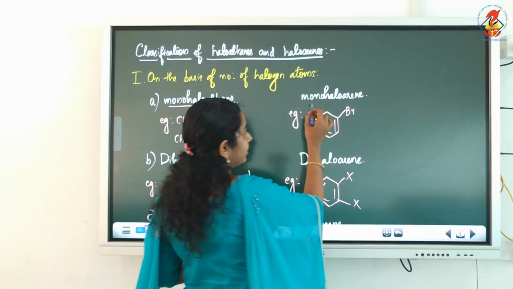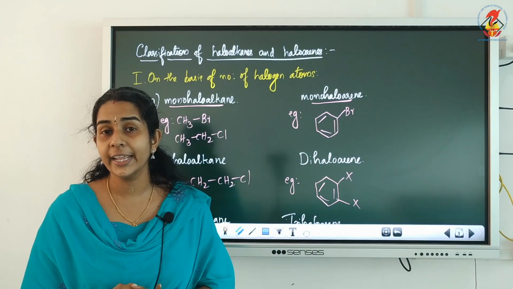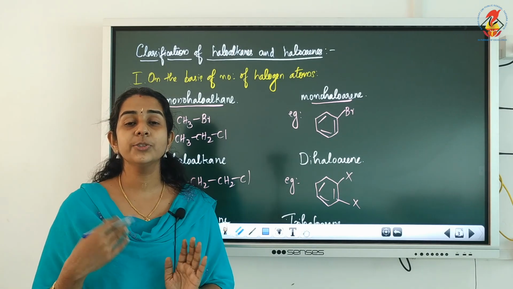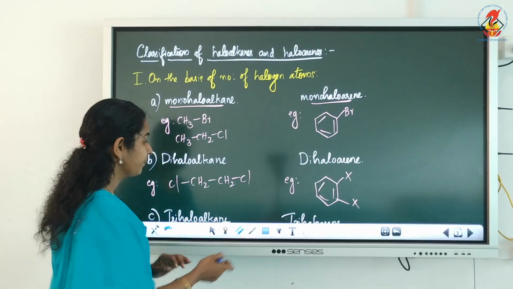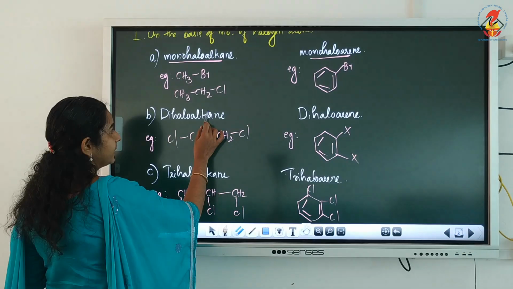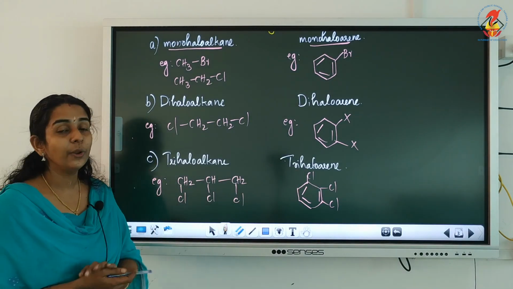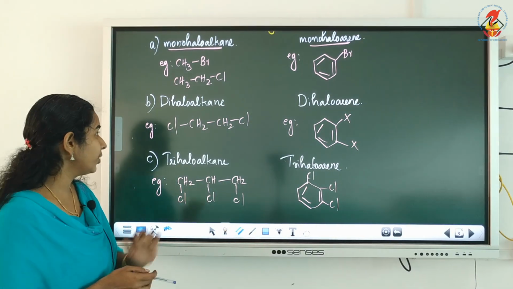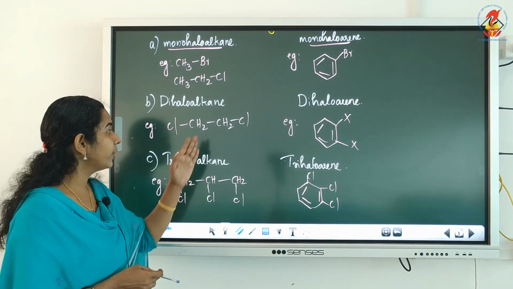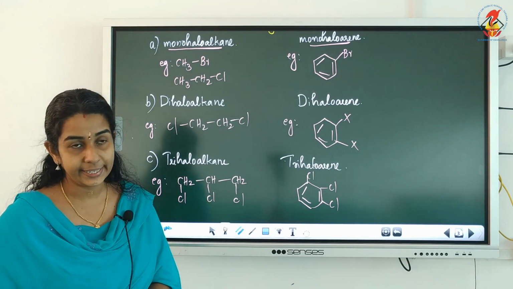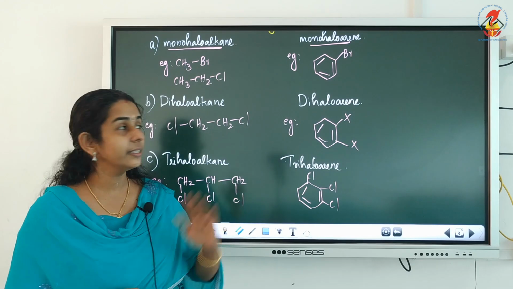The next is monohaloarenes, that means a benzene ring containing one halogen atom. So if only one halogen atom is present, we have monohaloalkanes and monohaloarenes. Now the second classification is if two halogen atoms are present, that is dihaloalkanes and dihaloarenes. For example, CH2Cl-CH2Cl. Here two chlorine atoms are present, so it is a dihaloalkane. Similarly, in a benzene ring, if two halogen atoms are present, it will be called a